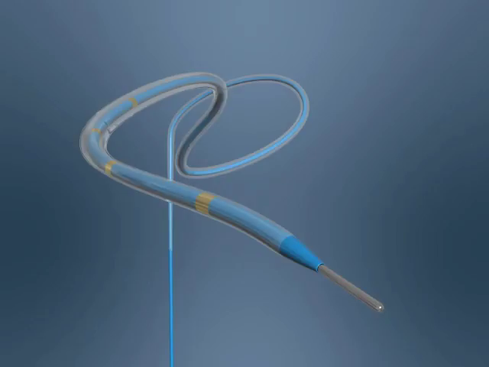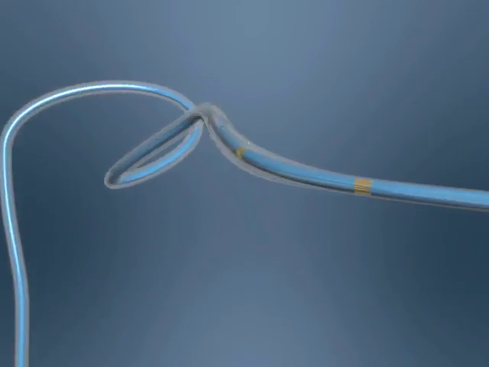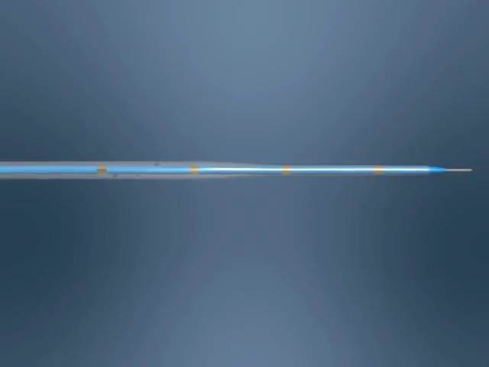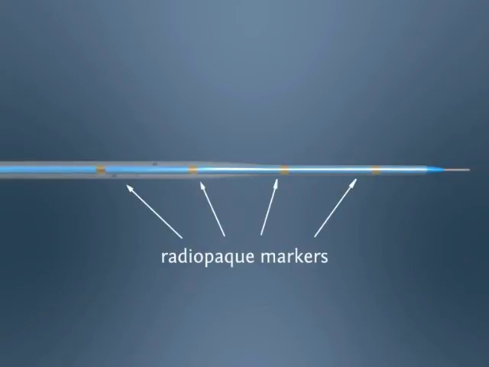The presence of 4 radiopaque markers, set at 10 mm intervals, makes it possible to calculate the length of the lesion to be treated and select the appropriate stent. This makes it far easier to perform direct stenting, avoiding predilation with a balloon catheter and the risk of distal